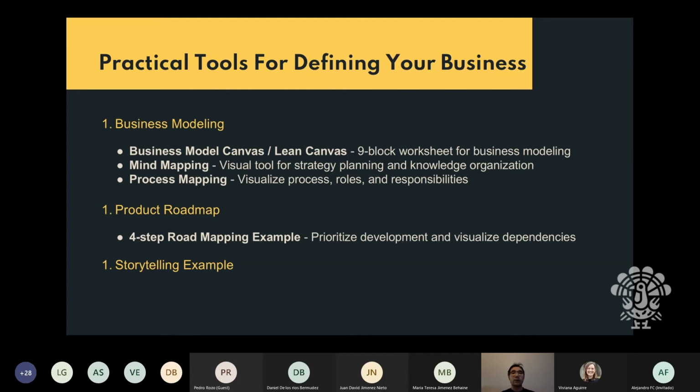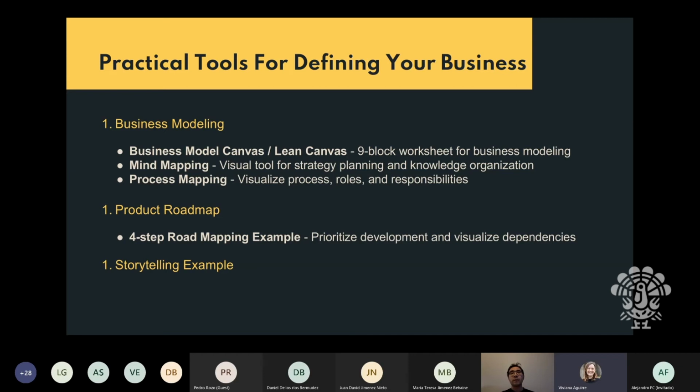So this is one example of it, where they take those 9 questions and put them into these boxes and try to, in a very condensed form, answer these questions. When they put it in this way, it becomes a very helpful tool for brainstorming, for discussion, right? You may have heard of the terms ideation, or just brainstorming in general. This business model canvas is a very valuable way for